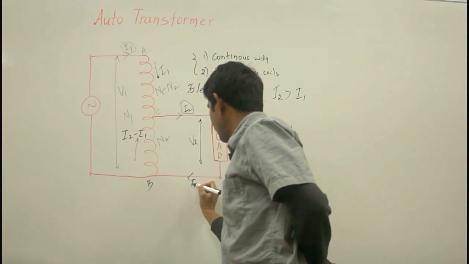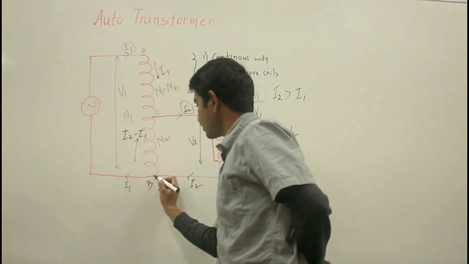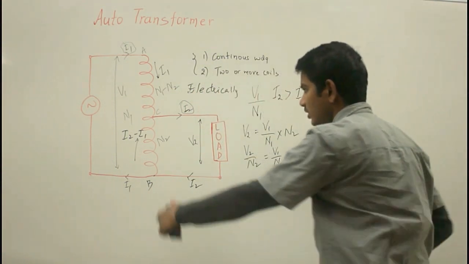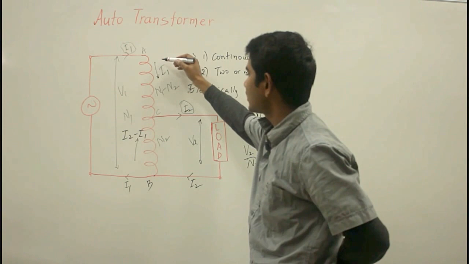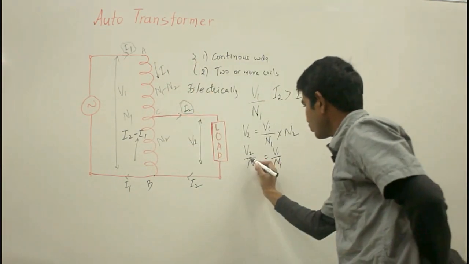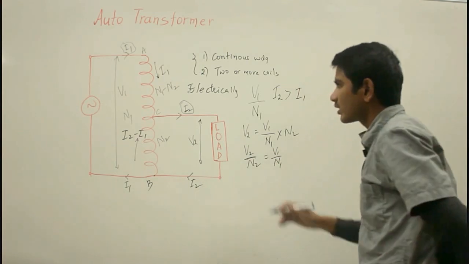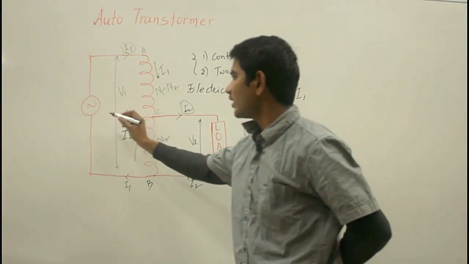Even here I2 is flowing and here your I1 is coming out at this juncture. So these are the currents in the secondary winding and this is the current flowing in the primary winding. Now, the working principle of this auto transformer is when an AC voltage